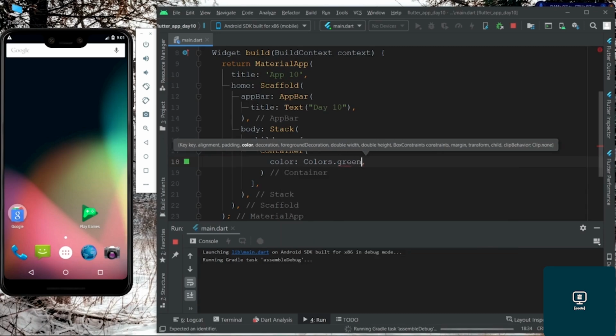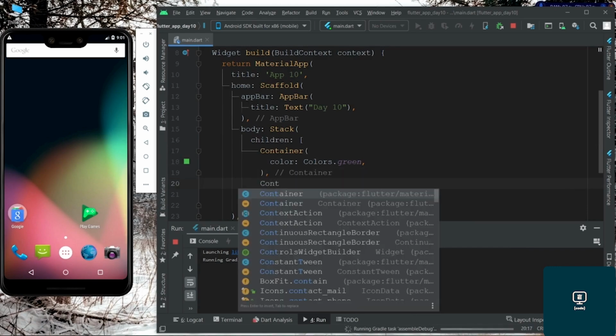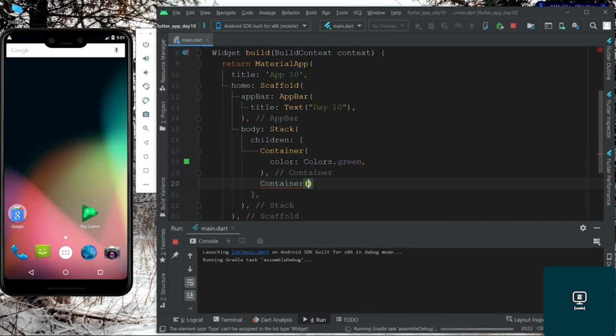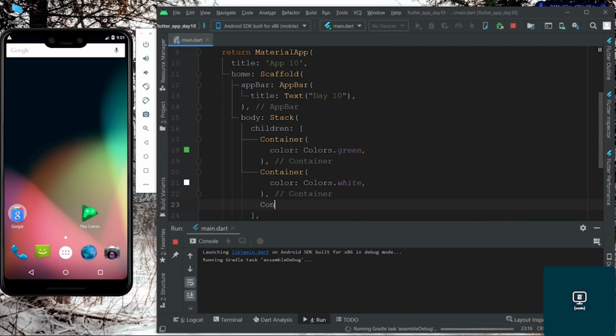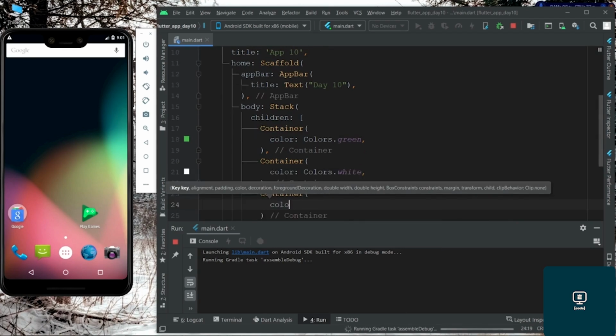So this is having green color. The next container will be having white color, and the third container will be having